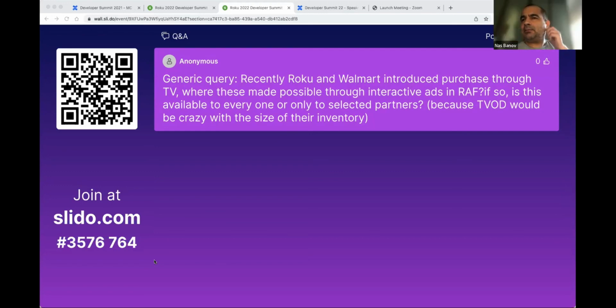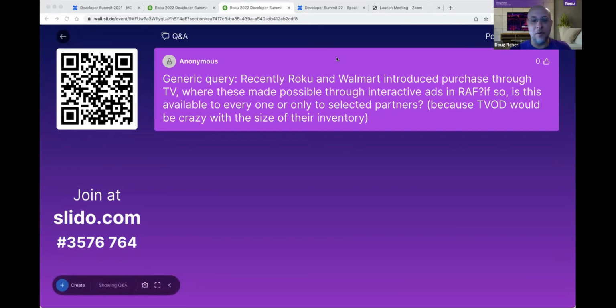Well, the question is a bit complicated the way it was asked. So the availability of this is to all channels, but the ads will need to be routed through Roku for Walmart. The partnership is Roku Walmart. Inquire within sort of answer. But the answer to the first part is yes. This is an interactive ad format that we supported, and we plan on expanding that in the future. So this is another reason why we really want client-side ad